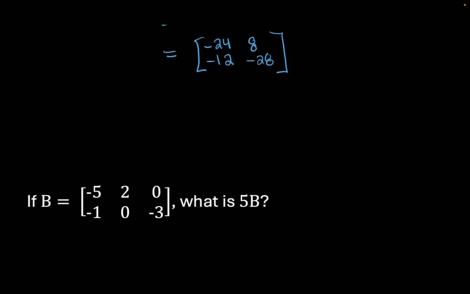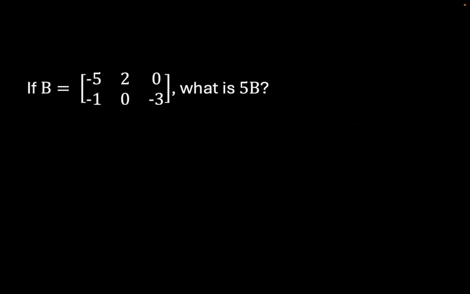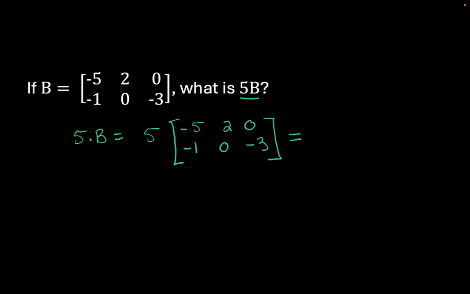So let's look at one more example. Let's say we have this matrix, matrix B, and we want to know what is 5 times matrix B. Well, 5 times matrix B is 5 times the matrix -5, 2, 0, -1, 0, -3. And to simplify that, we can say 5 times -5, and we can get the first entry,